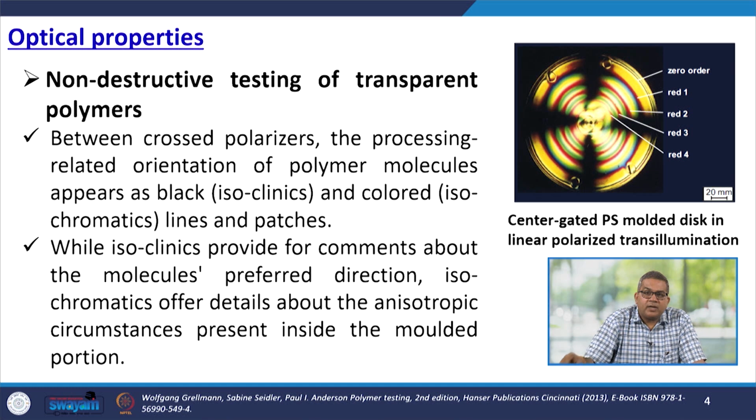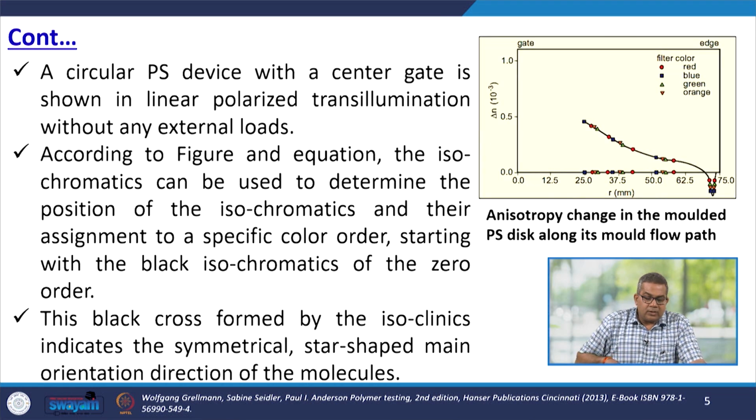So, between crossed polarizers, the processing-related orientation of polymer molecules appears as black isoclinics and colored lines and patches. While isoclinics provide information about the molecules' preferred direction, isochromatics offer details about the anisotropic conditions present inside the molded portion. A circular polystyrene device with a center gate is shown in this particular figure, under linear polarized transillumination